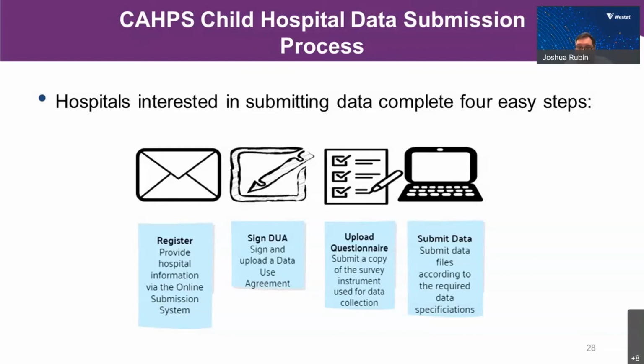The third step prior to data submission is that we request a copy of the survey instrument. Staff reviews the survey instruments to ensure that it adheres to CAHPS standards. So once you get into the system, you upload the DUA and that's approved, you'll then be prompted to supply a questionnaire, a survey instrument. We'll review that and approve it, and then we hit step 4, which is where you can actually submit your